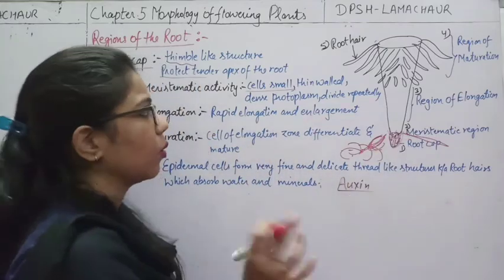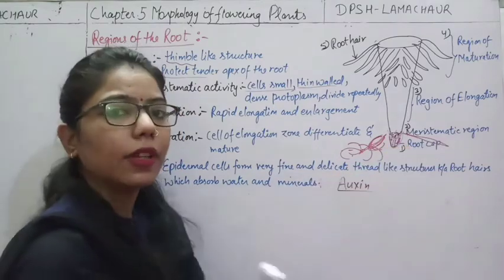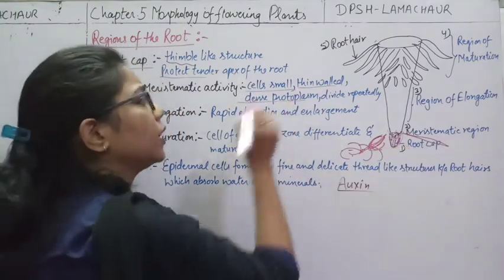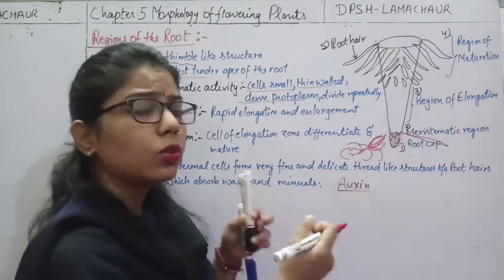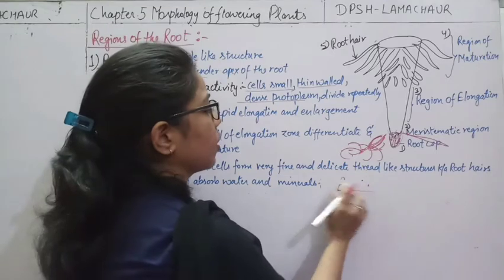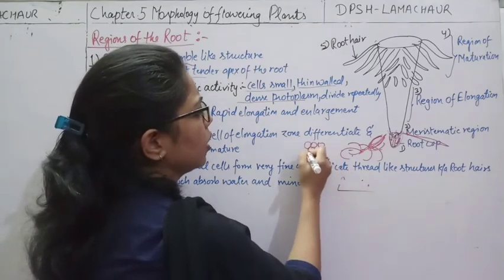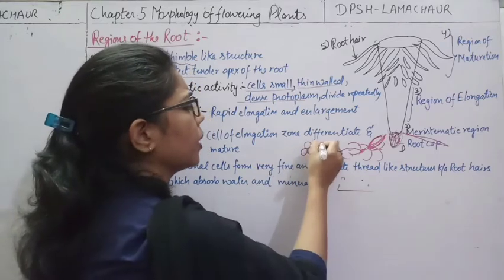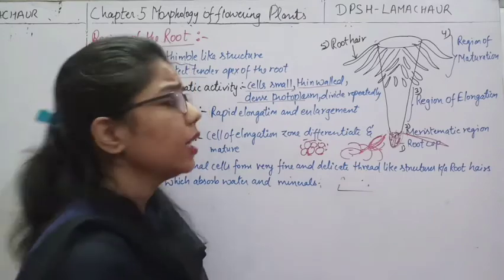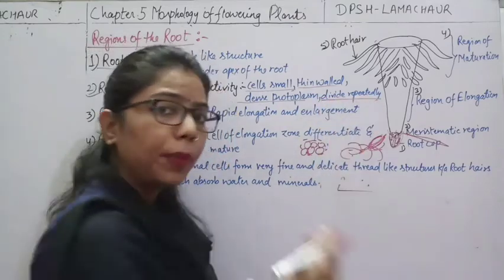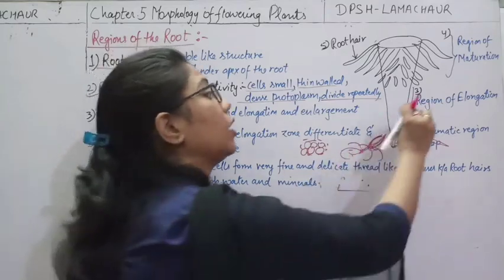and very thin walled. The cells which are present here are very thin walled and have dense protoplasm, with the protoplasm very close to each other. If these are the cells, we know the plants are multicellular, for example, these are the cells. So we can say everything is very dense, and due to this they will divide more and more, repeatedly they will divide, and as a result there will be elongation of this structure.